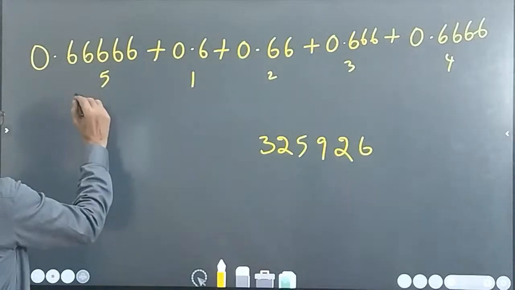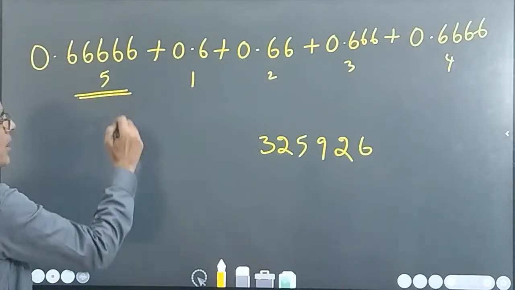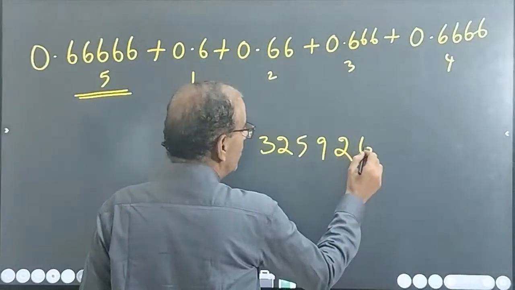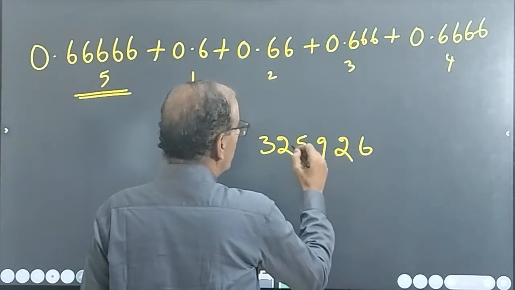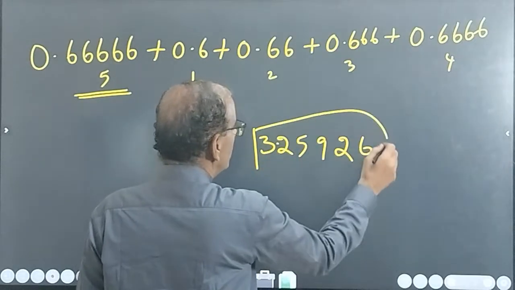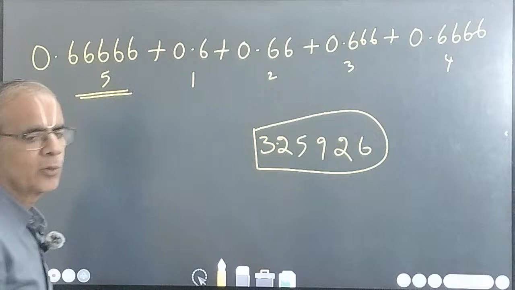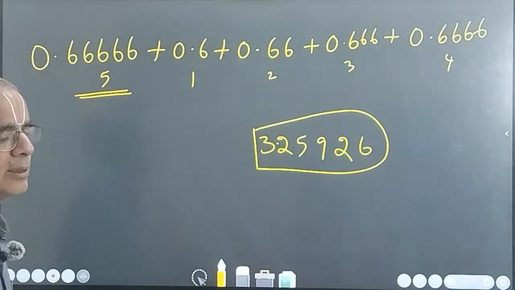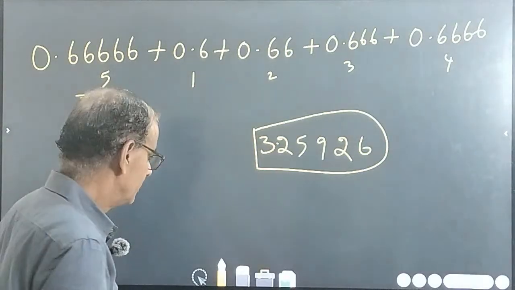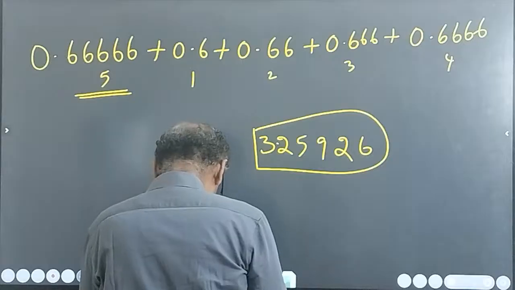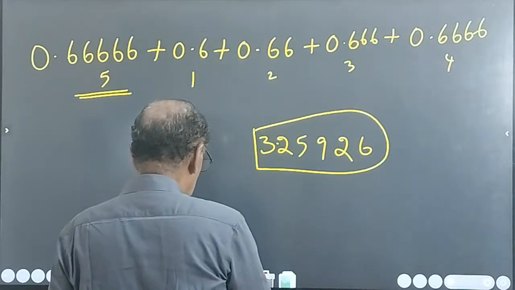Here after the dot, which contains the maximum number of digits? 5. So count here 1, 2, 3, 4, 5. What is the answer? The answer is 3.25926. You should know this condition: the number should be the same, with decimals. Okay, then